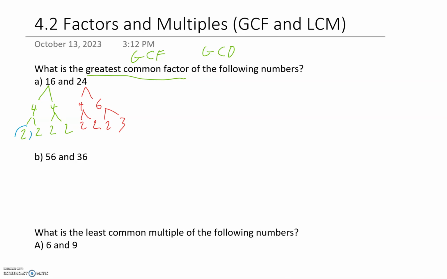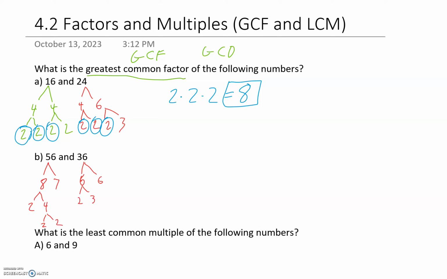Okay, let's try the next one here. Same sort of thing. Pause the video right now and press play when you're ready. Okay, we're going to do a prime factor tree of this guy, which is 8 and 7, I believe. This one is 6 and 6 are two numbers that I can come up with. 8 is 2 and 4, 4 is 2 and 2, 7 can't be changed, 2 and 3, 2 and 3,